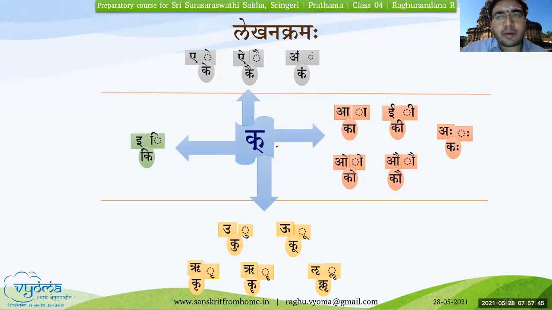Now, on the pronunciation aspect itself, Mahaprana Kha, Cha, then Tha, and Kha and Tha. These are the Karkasha Mahaprana Aksharas. Similarly, you have Gha. If you see, there is a subtle change in the pronunciation. Ka, Kha, it is so subtle that it is very difficult to notice this difference.